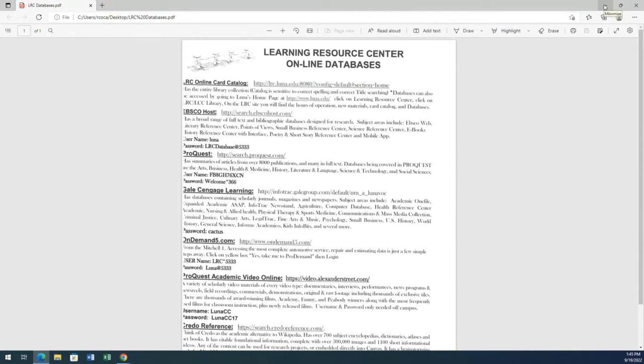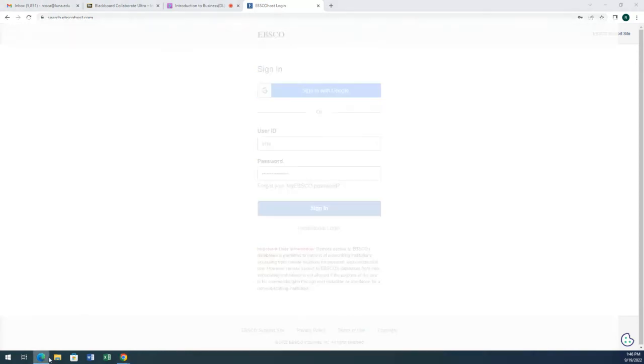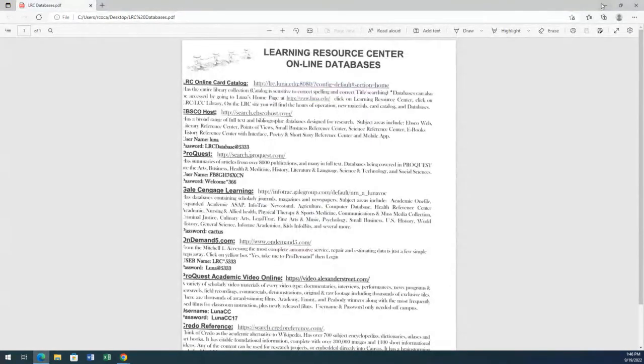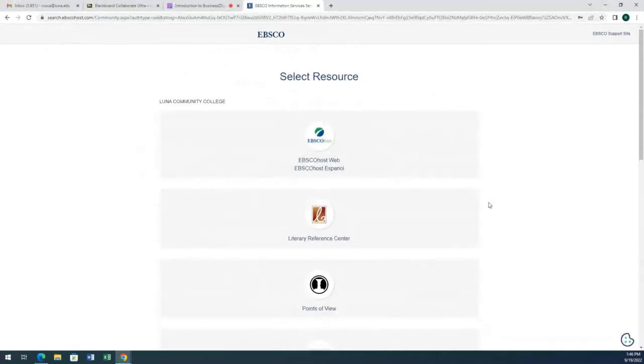Okay, so let's go ahead and type that in. So Luna would be the username and the password LRC database at 5333. Let's make sure we got that right. Okay, yes. Let's see if it lets us. All right, so it let us sign into the